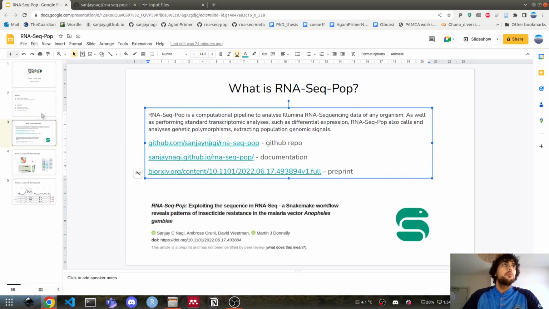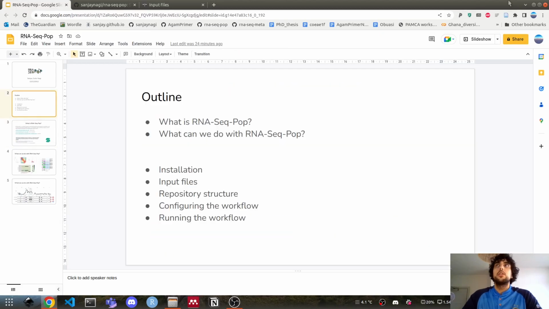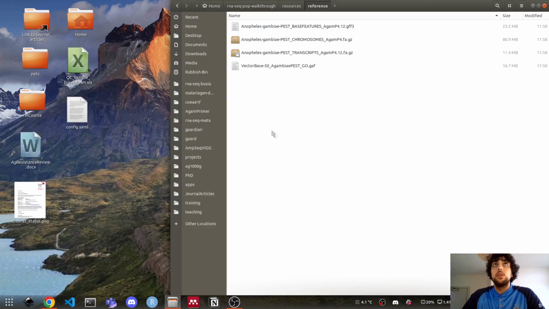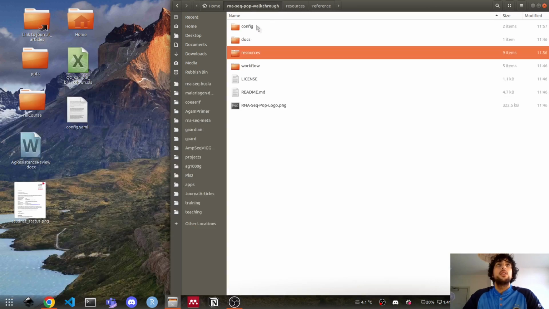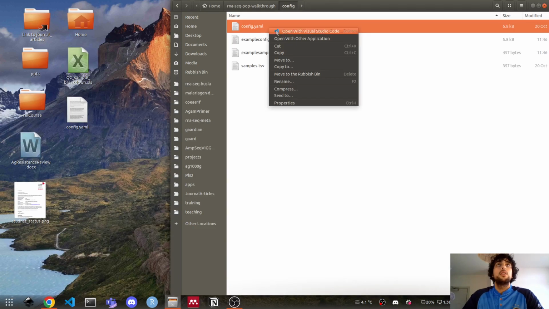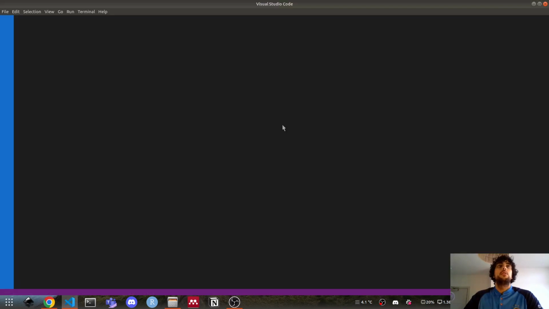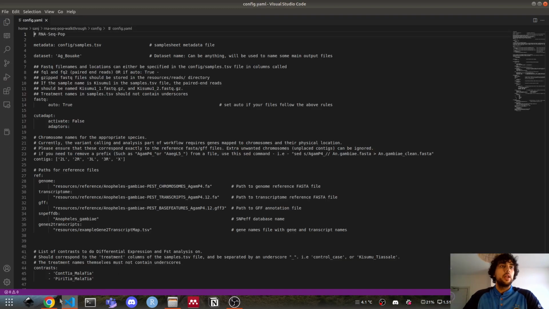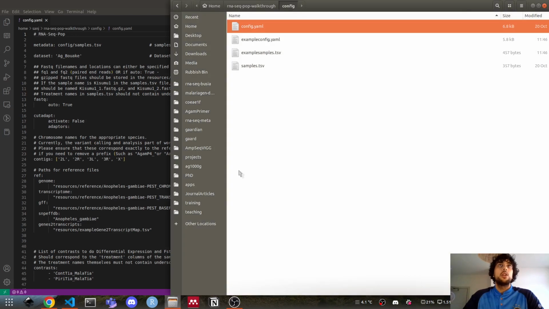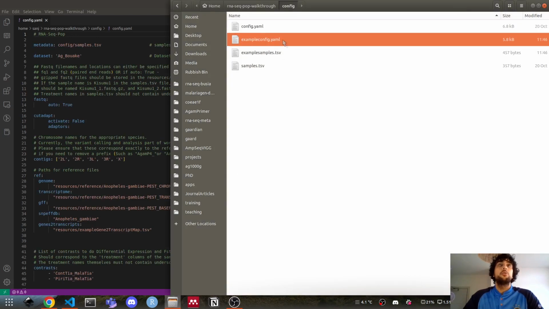The next thing that we probably want to talk about is how to configure the workflow, and to do that, we need to open up our config YAML. In your case, you will have an example config YAML in your repository, and you need to go through that, edit it to fit your own data, and then resave it as just config YAML.